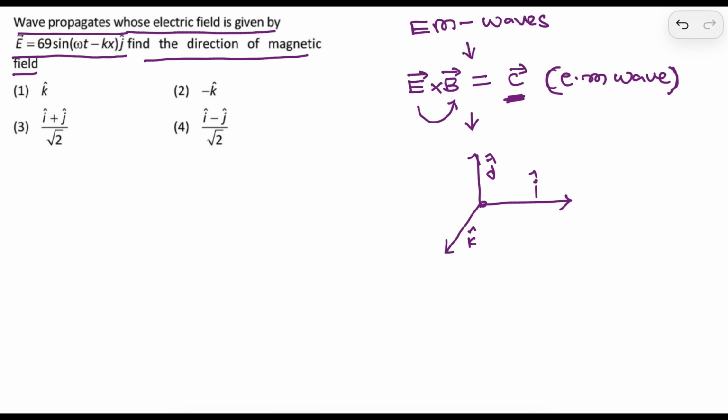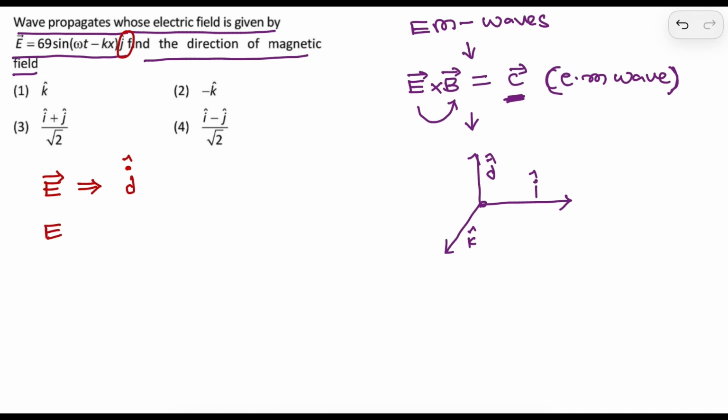So let us go to our problem. First one, here the question is what? First I am writing about the electric field. Electric field is E bar. E bar direction is what? E bar direction is this. You remember clearly? It's a J cap. E bar is the J cap.